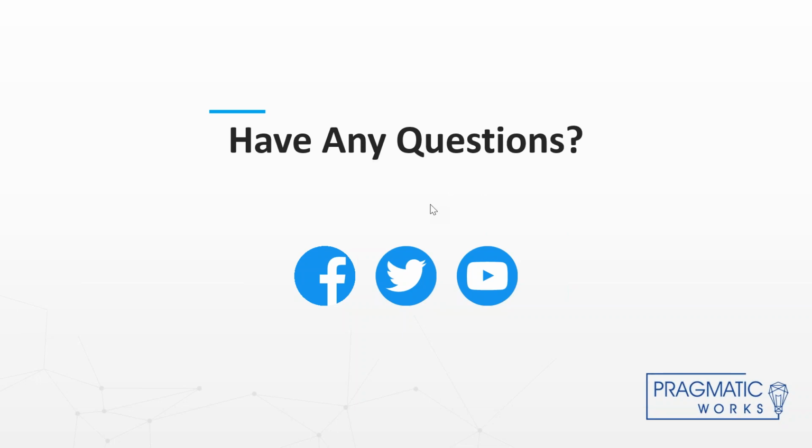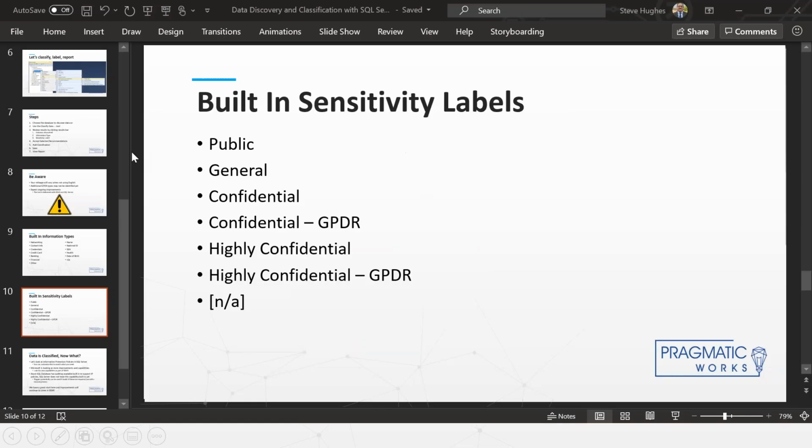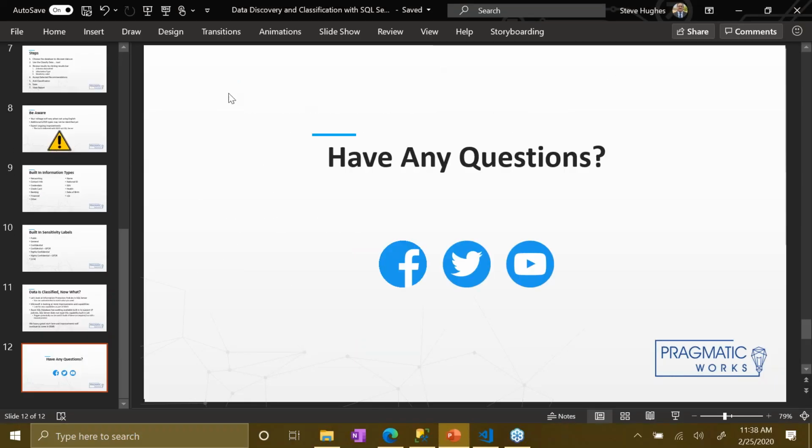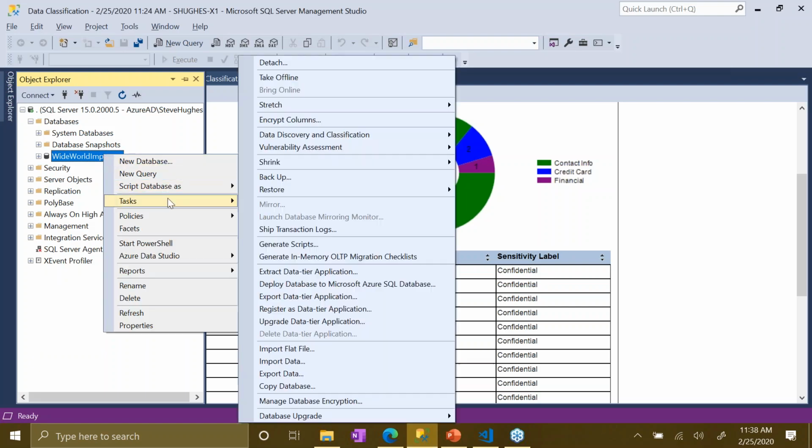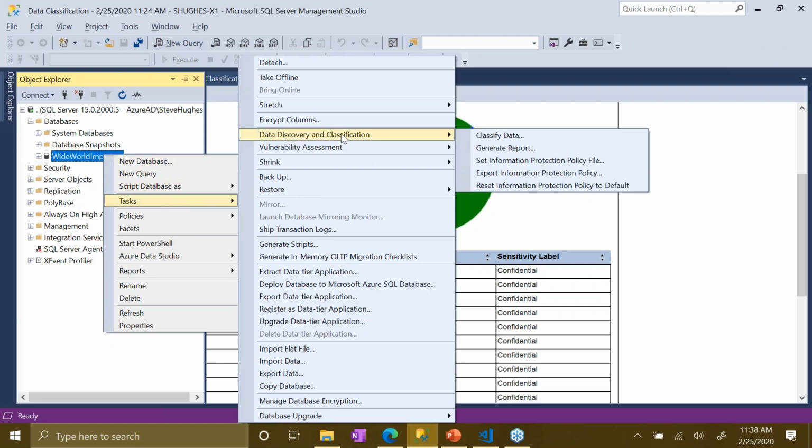Let's see. Do not see information protection policy adjacent. So let me get out of my slide deck real quick, and I'm going to move this over to the side again. If you're in Management Studio, what you want to do is your task, data discovery and classification. You're only going to be able to see this, I thought it was in 18.4. That's what the documentation says. I'm up to 18.5 because I try to keep it up to date.